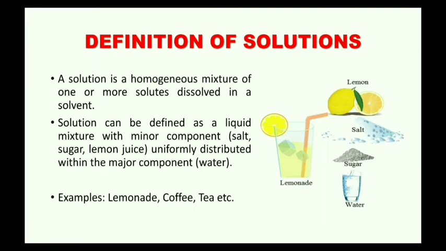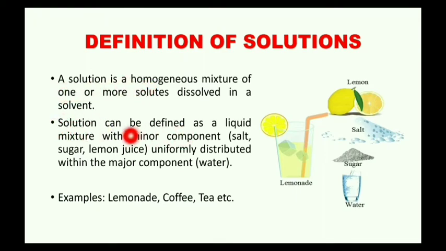So with this chapter, we'll be just studying briefly about what are solutions, what are the different types of solutions, what is a solute and a solvent. So let us start with the definition of solution. So solutions are homogeneous mixtures of one or more solutes dissolved in a solvent. So it is nothing but a homogeneous mixture that is formed when you're mixing or dissolving a solute in a solvent. So when you're mixing a solute in a solvent, it results in the formation of a solution.